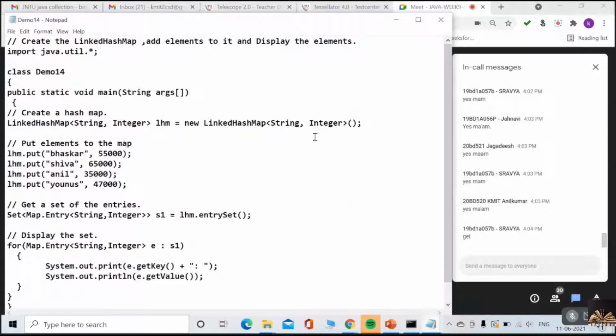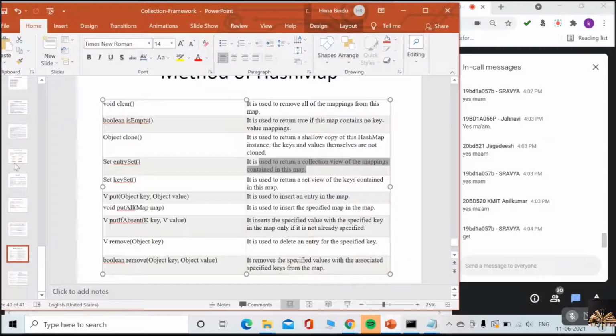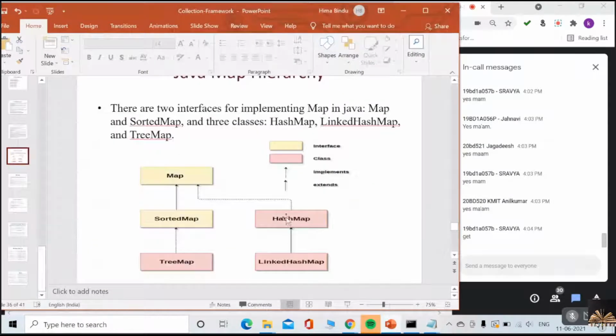Now have a look at this. Now I am using the LinkedHashMap. Did you clearly observe the hierarchy? HashMap implements Map, and LinkedHashMap extends HashMap.